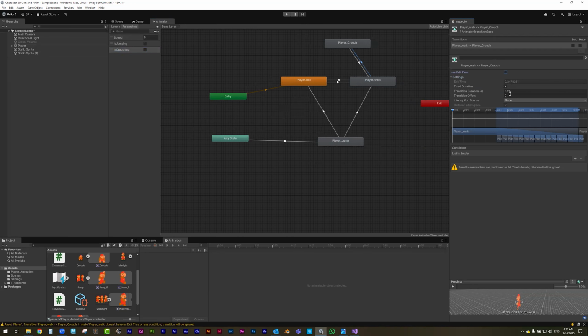Let me uncheck this and change this to 0. And here I need to add is crouching true. If it's true, then the animation will be transitioning from the player walk to crouching. If I want to change it back from crouching to walk, I need to add